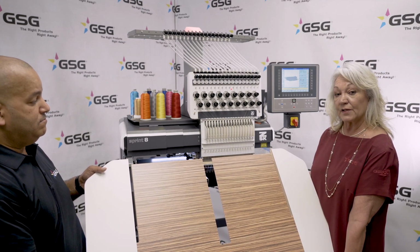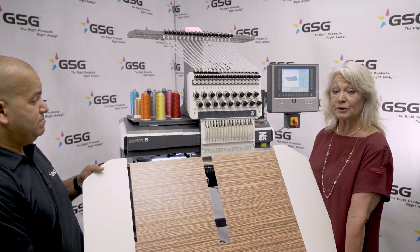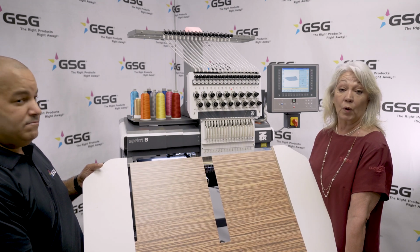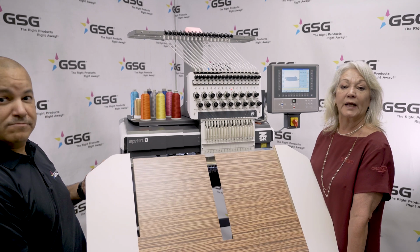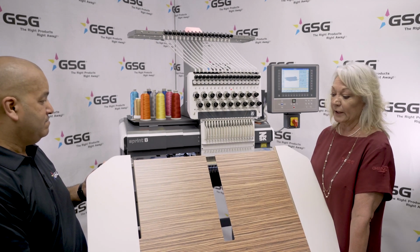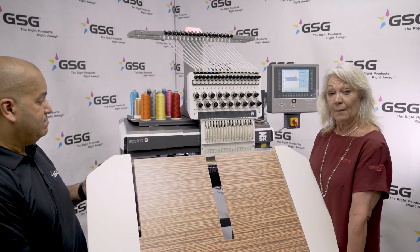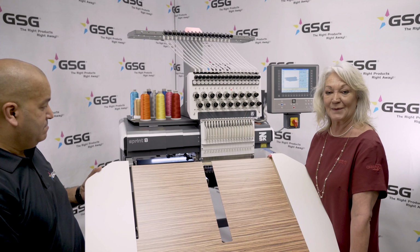Another option that you can get with your ZSK Sprint 8, you can also add a table. This table allows us, and we'll show you here in a minute, there is a border sash frame that we can put onto the machine to do multiple patches at one time, or even quilts, maybe bedspreads, shower curtains, anything that's really heavy and long in length. We can have this table to help support the product. Again, this is optional, but we're going to show you real quick how we're going to take out the tubular,